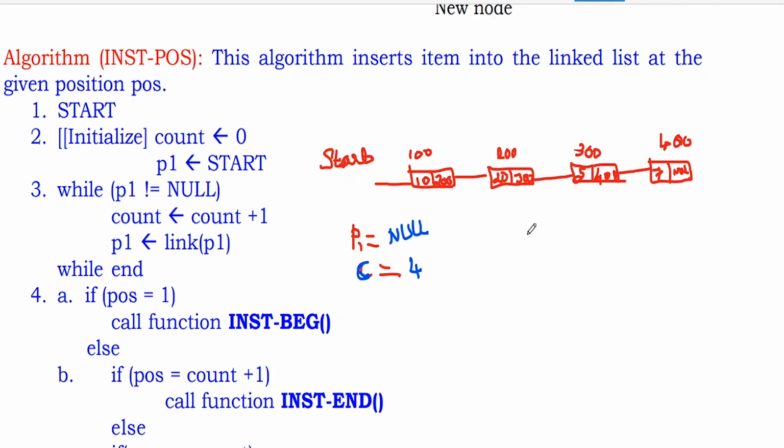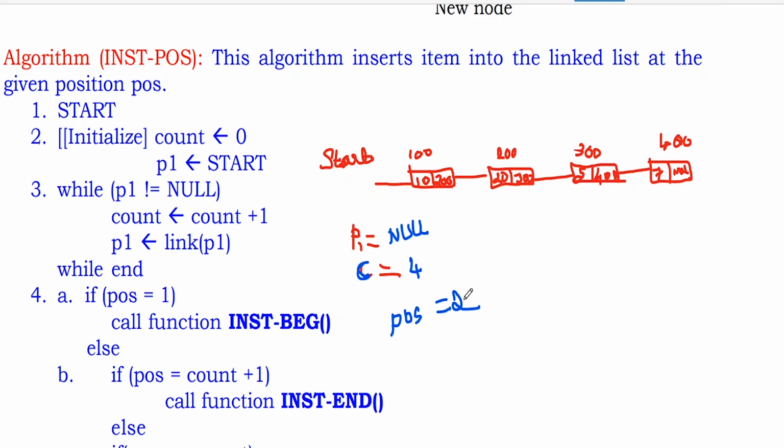Then we give some position. Suppose I give the position as 2. This is the first node, this is the second node. I'll change the position because we do the calculation here. So I'm given position P equals 2. What does P mean? I want to insert at position 2. So P equals position, and you can write it as POS, otherwise you will get confused. So position POS is the input, along with the value V.